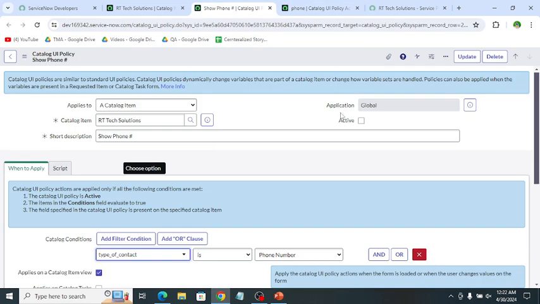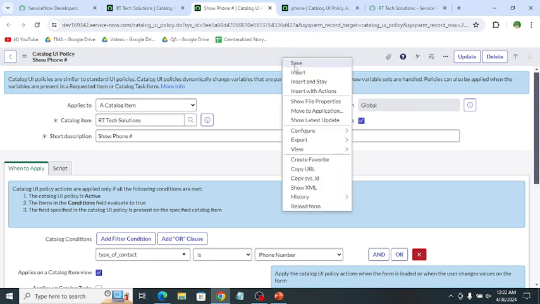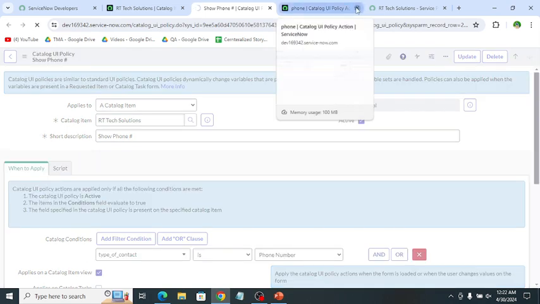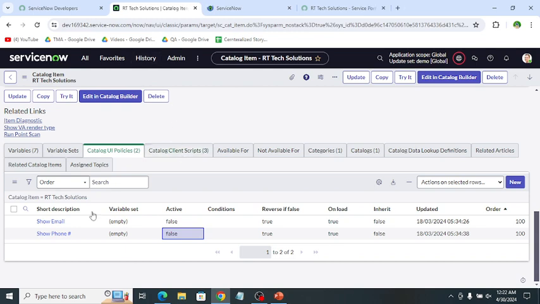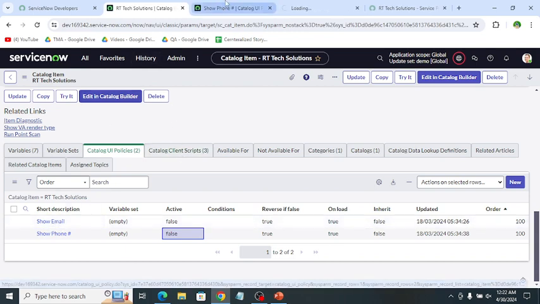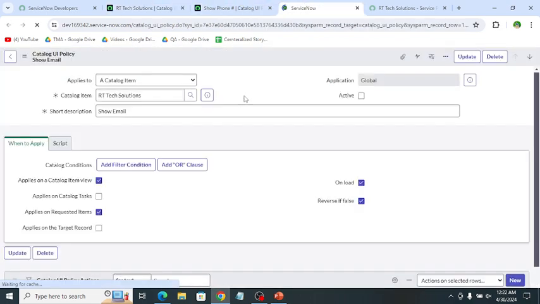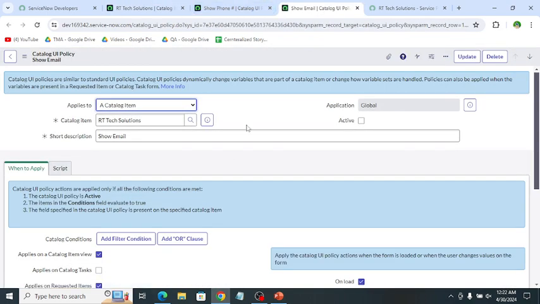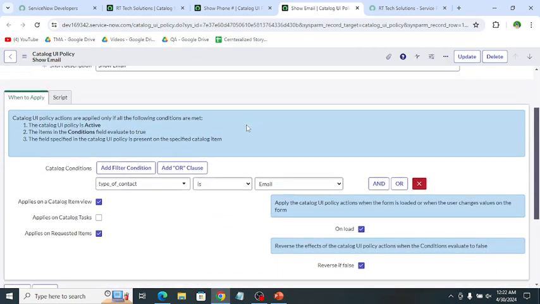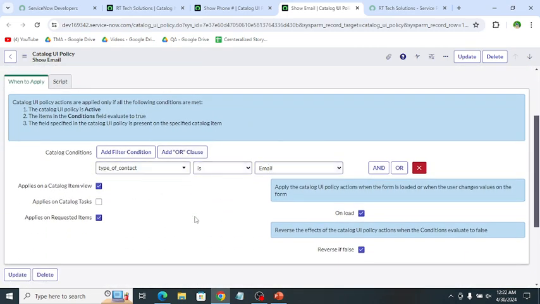So let's activate this UI policy, and the other UI policy is for show email. In this UI policy the type of contact is email.